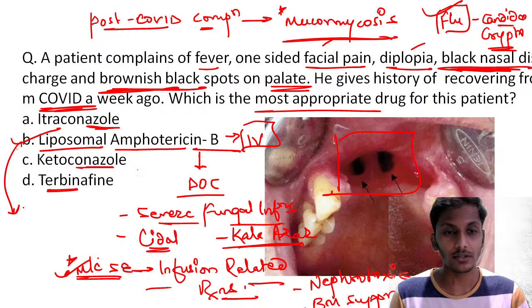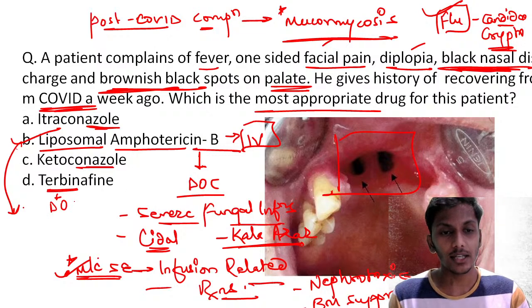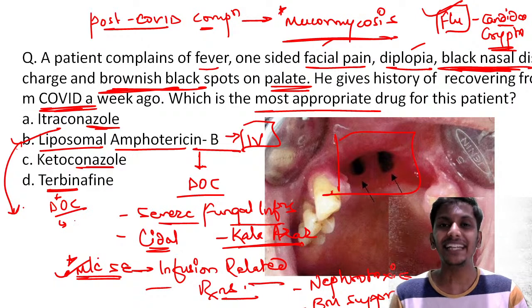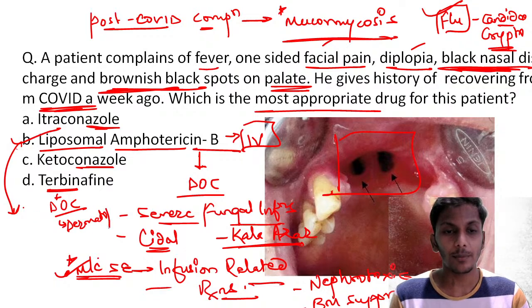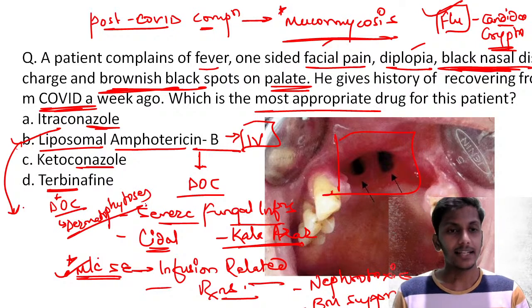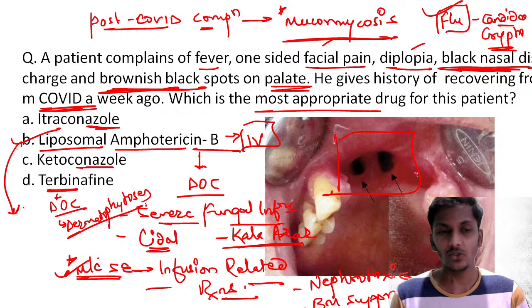Terbinafine is a drug of choice in cases of dermatophytosis, like tinea infections. All the tinea infections are dermatophytosis, right? So terbinafine is a drug of choice in cases of dermatophytosis, like tinea. Tell me, liposomal amphotericin B usually acts at the level